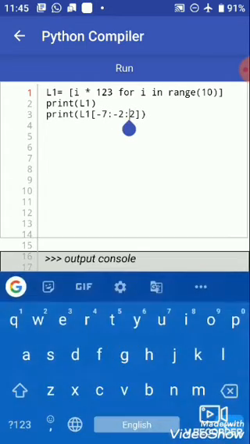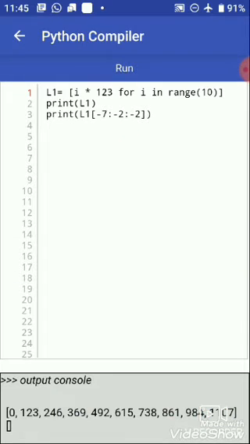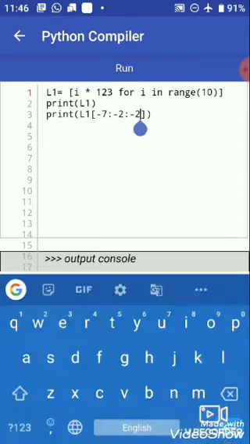But if we give a minus sign here and run the program, we get nothing, because the start and stop are given from the left side, left to right, and -2 means it has to decrement by 2 from right to left. Therefore it gives nothing.